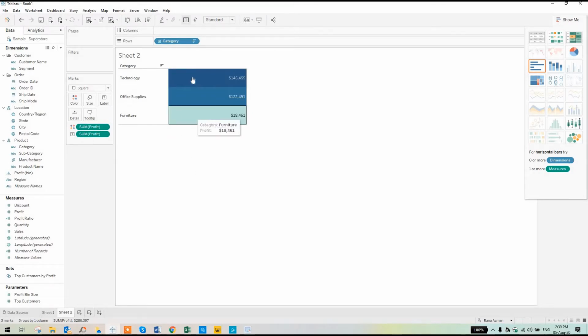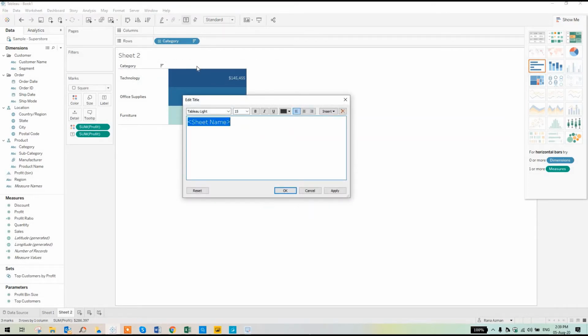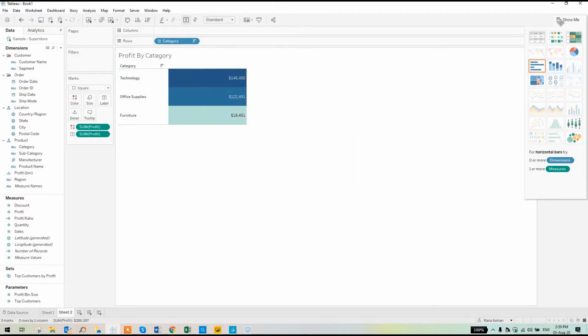And one more thing you have noticed, these color codes over here: the higher the value is, the darker the color is. And as you can see, the sum of profit is on the color, and the sum of profit is on the label. The sum and the different aggregation functions, I'll also discuss while creating the next visualization. So let's proceed with that in the same way. The darker the color, the higher the value, and this visualization has been created, and we'll rename it to profit by category. Yeah, so this one is also created.